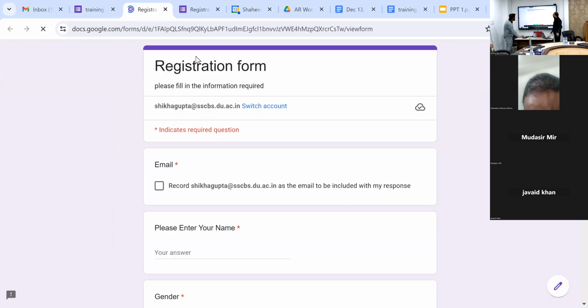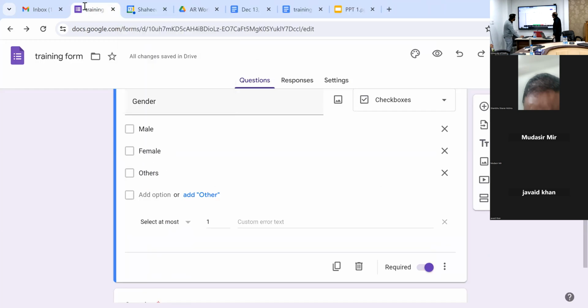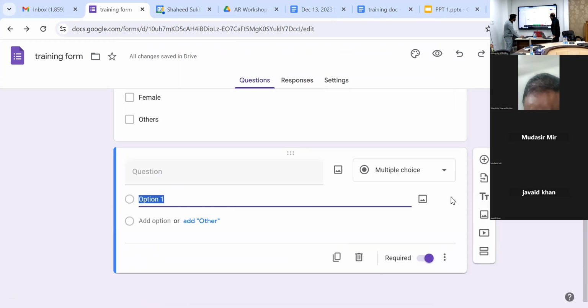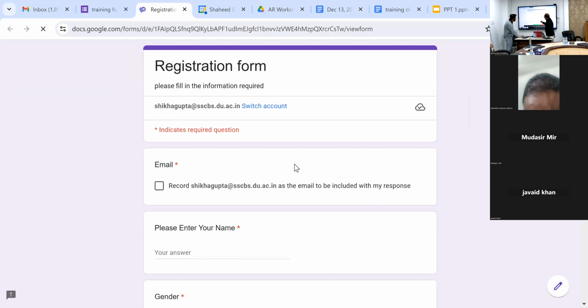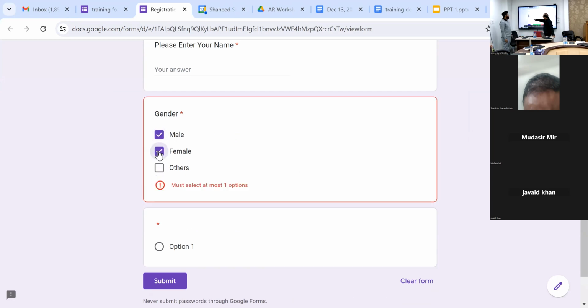अब देखिएगा वहां पे जब हम सबको सेलेक्ट करेंगे तो क्या होगा, दोबारा से खोलना पड़ेगा, इसको रिफ्रेश करना पड़ेगा। अब देखिए, it will not allow you, एरर दे देगा, जैसे 2 को सिलेक्ट कर रहे हैं एट मोस्ट 1 ऑप्शन, तो वो चाह के भी आगे नहीं बढ़ पाएगा, सबमिट नहीं कर पाएगा।